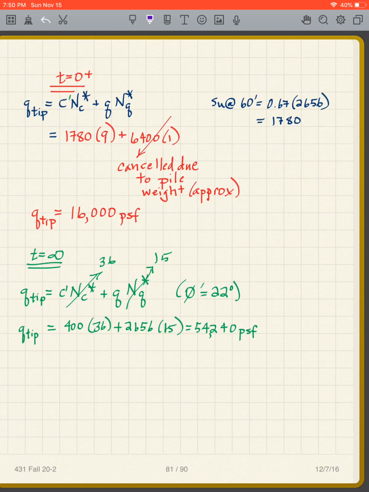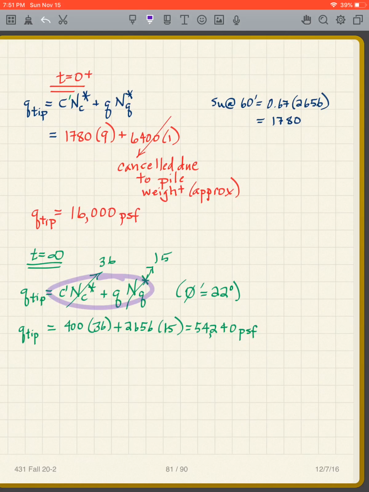Now here's a little hand waving, and I'm going to apologize, but if we calculate out the pile weight, it's approximately 6,400 stress. The stress is 6,400 due to the pile weight. So everybody, this is what they do. They just get rid of this term. I'm sorry, this doesn't quite fit with the methodology that we've been doing, but this is what everybody does, and it's approximate. It works good enough. So we just get rid of that term. So basically, we just end up with a C and C star term, and that means we have 16,000 PSF. At T equals infinity,